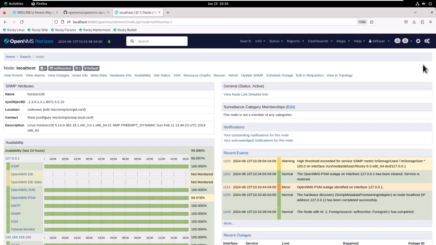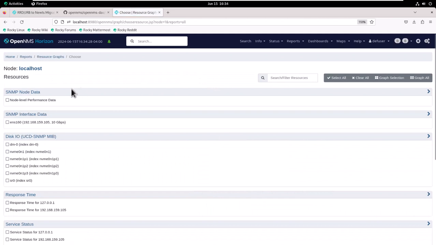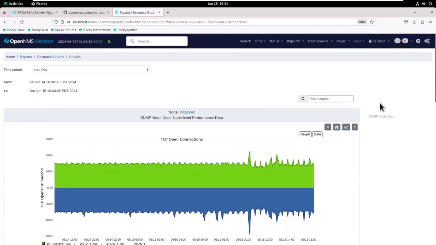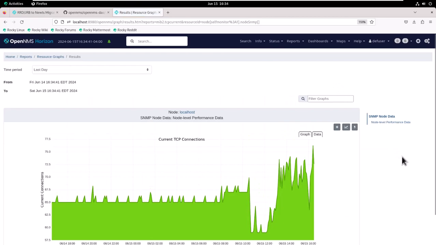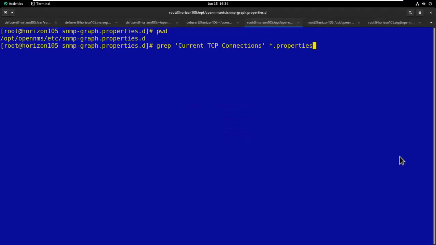Begin on the localhost front page and click on Resource Graphs. Select the Node Level Performance Data checkbox and click on Graph Selection. Scroll down a bit to the Current TCP Connections graph. Click on the binoculars to isolate the graph. Switch to the console and display directory